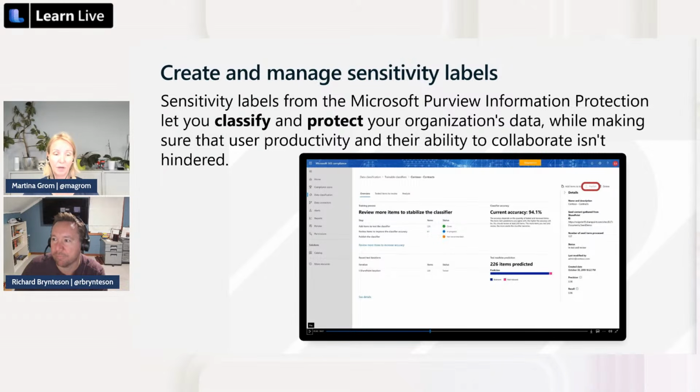Also, if you think about that, you can protect content in third-party applications and services by using Defender for Cloud Apps. And sensitivity labels can also be used within Power BI. So we are protecting with sensitivity labels documents, Teams, Microsoft 365 groups, SharePoint sites, Power BI sites, and databases.